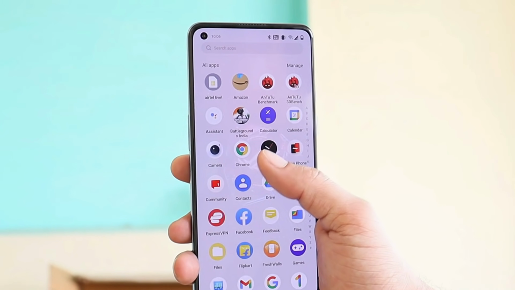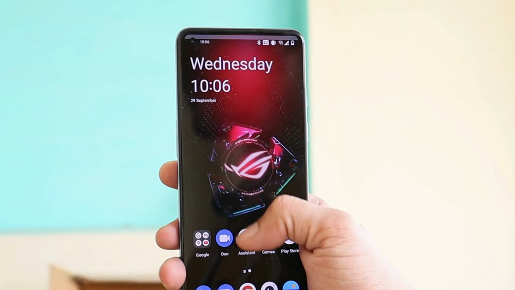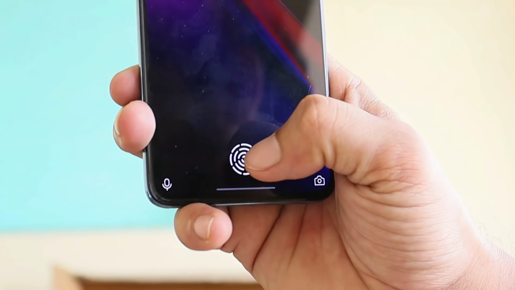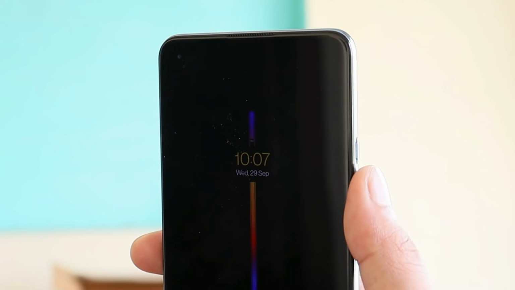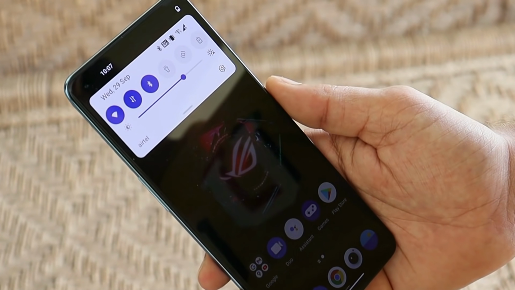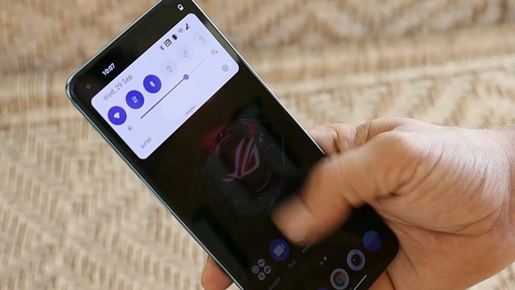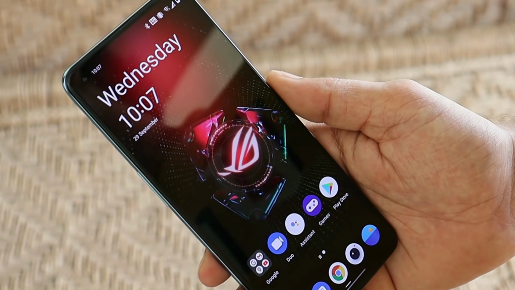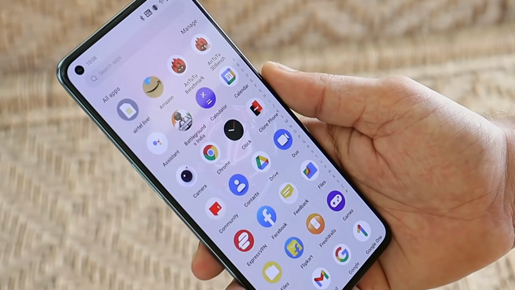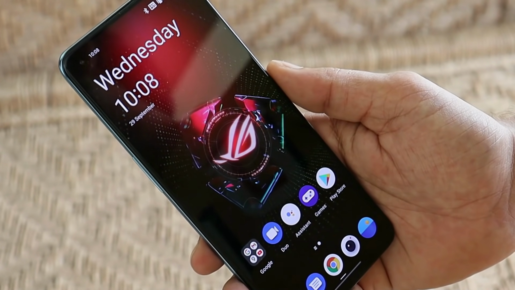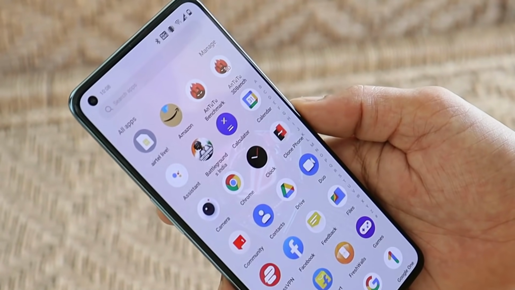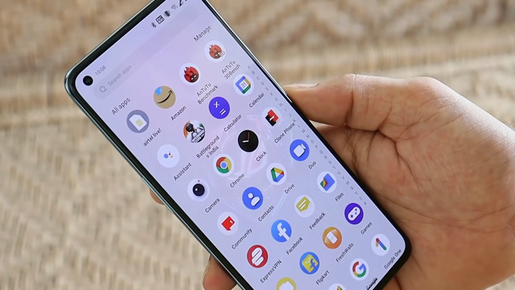And talking about basic stuff, calling works fine, with no issues with the Bluetooth services too. Fingerprint unlock seems to be pretty fast. Always on display works great as usual. And as said guys, if you're using a OnePlus 9 or 9 Pro as a primary device, I won't recommend you flash this, because there are a few bugs here and there, and that might lead to unstable behavior of Android 12. And if you decide to downgrade your device to Android 11, then you have to wipe your entire data.